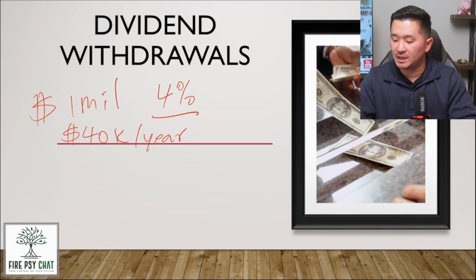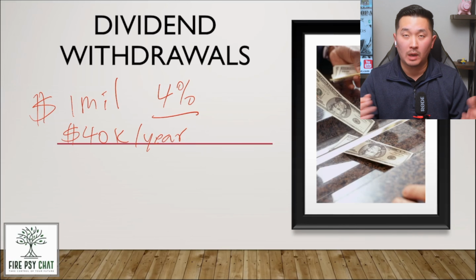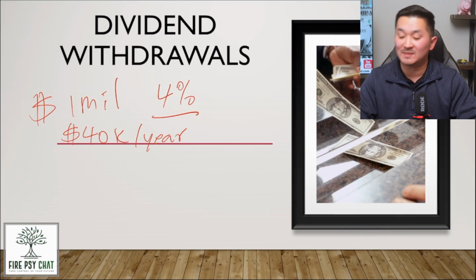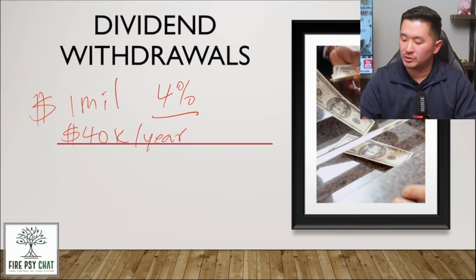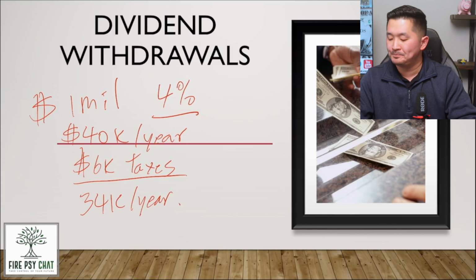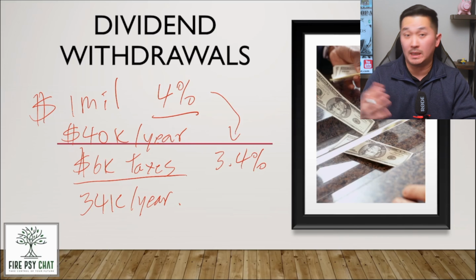So $40,000 a year while I'm actively employed and making other income would probably put me in the 15% capital gains tax bracket, which is still not as bad as 24%, 32%, or 35%. So that would be roughly $6K in taxes every year out of the $40K. That leaves me with $34K every year, right? So the net dividend reinvestment would be 3.4% after taxes and maybe management or brokerage fees.